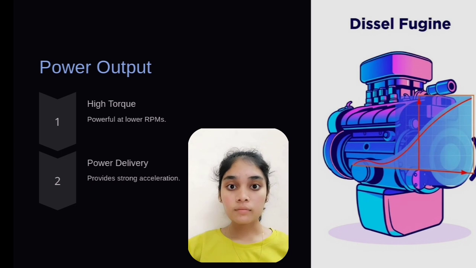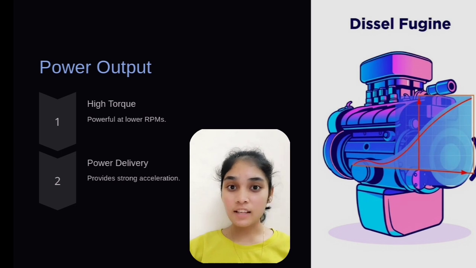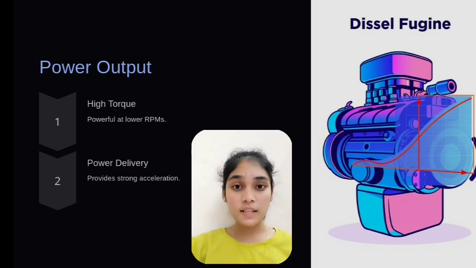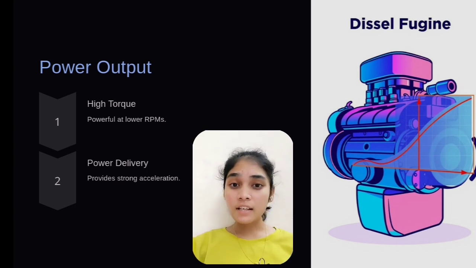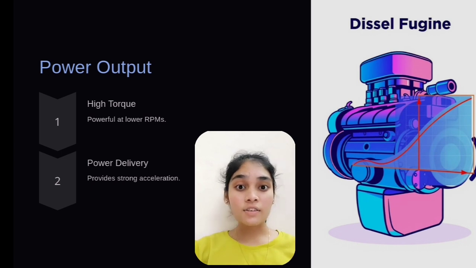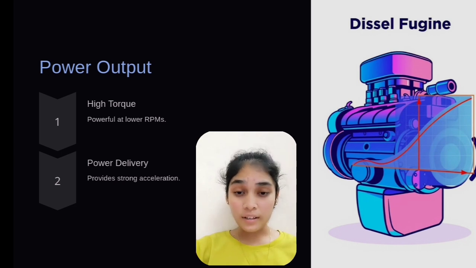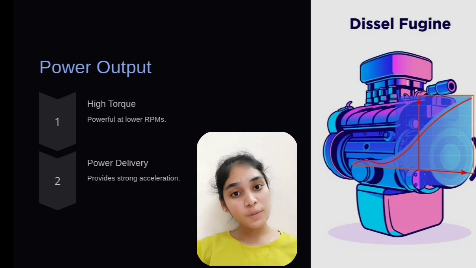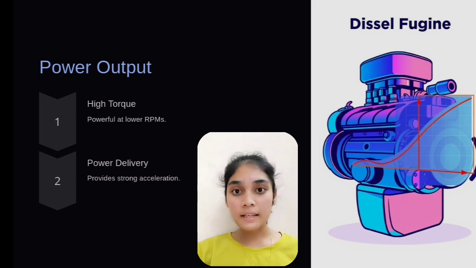And then next, torque and power output. Torque and power, and third one is the relationship. First one is torque, the twisting force that the engine produces, measured in Newton meters. And second one is the power, the rate at which work is done. It is measured in kilowatts, sorry. And the relationship is the diesel engines are known for their high torque at low engine speed. Let's go to the next slide.